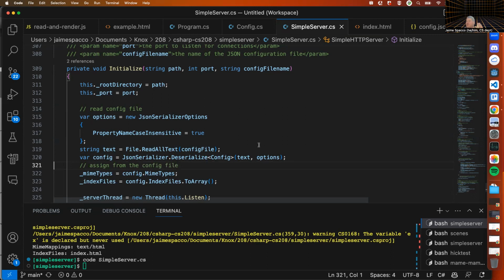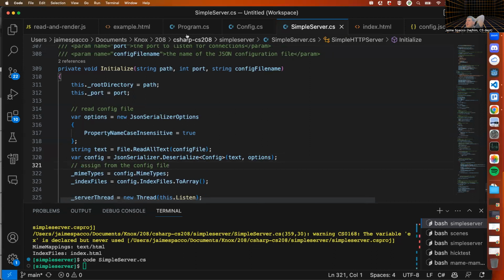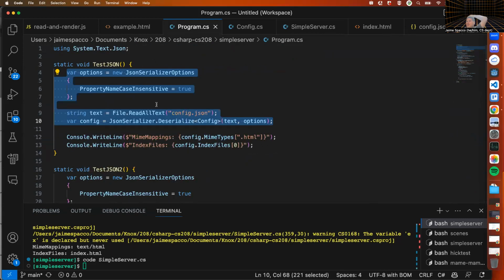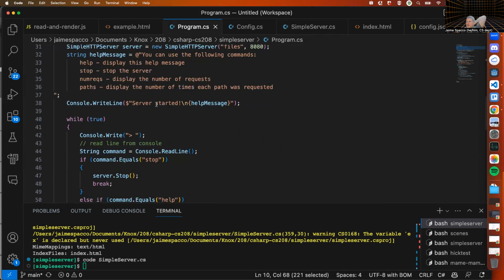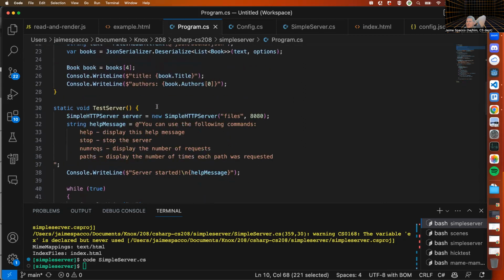So now this should just do everything it did before. We should pass the name of the config file, read the config file. We probably need to look at program here now. If we look down here at our test servers, test our simple server, this now needs